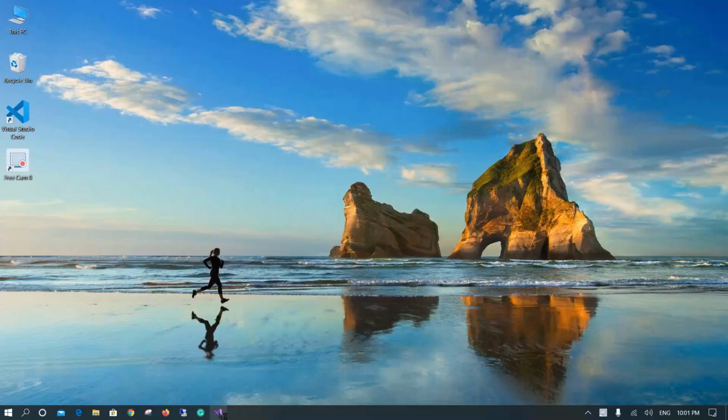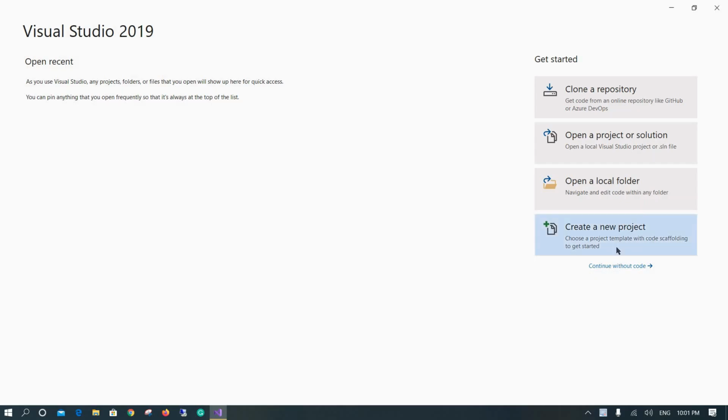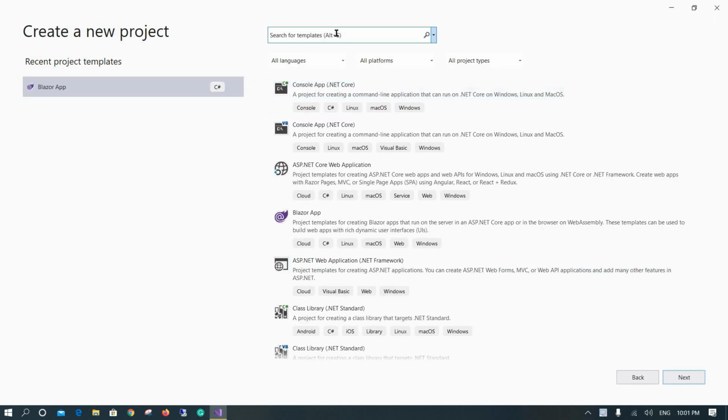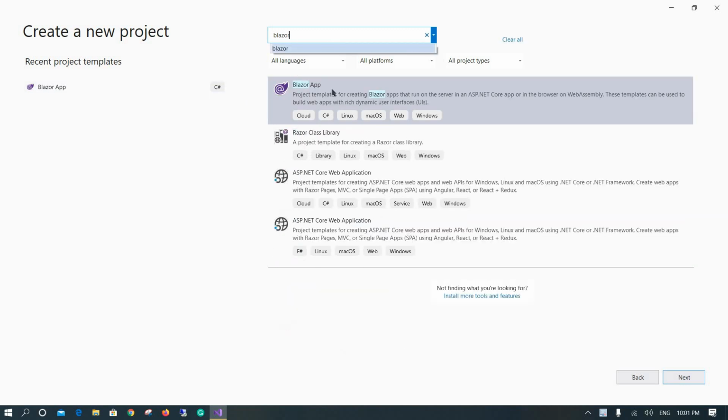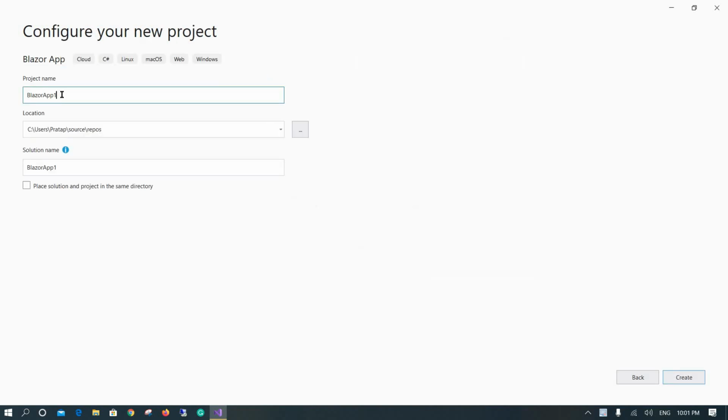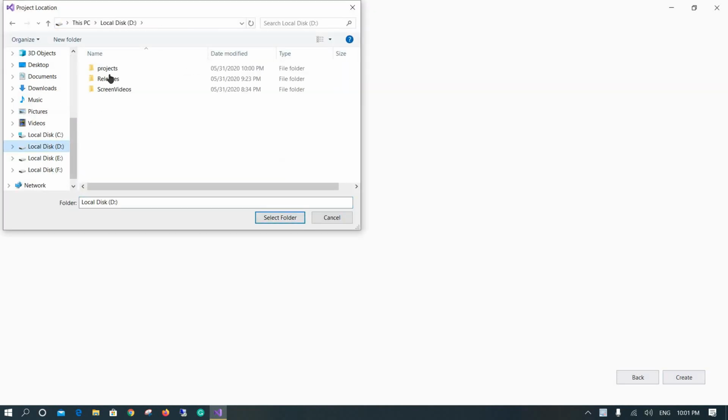As the first step, I fire up my Visual Studio, create a new project, search the Blazor project template, select it and hit next. Then I give a name like Blazor Full Stack App, as I am going to check all the options for a full stack web development experience using .NET. I select my target folder,